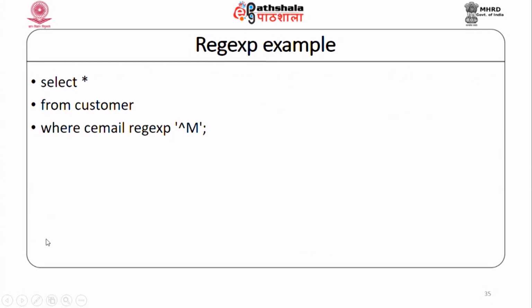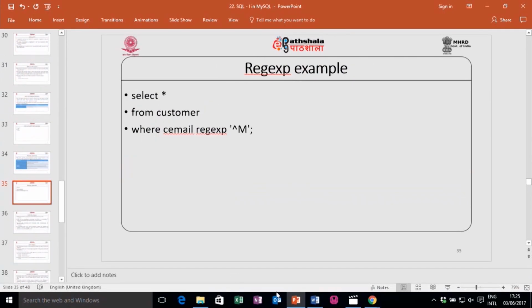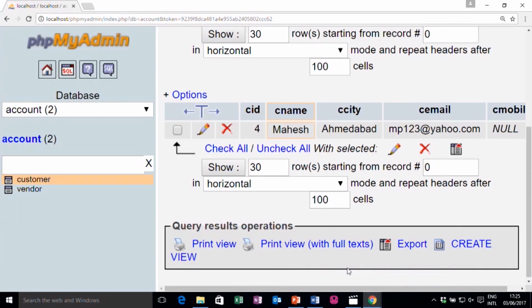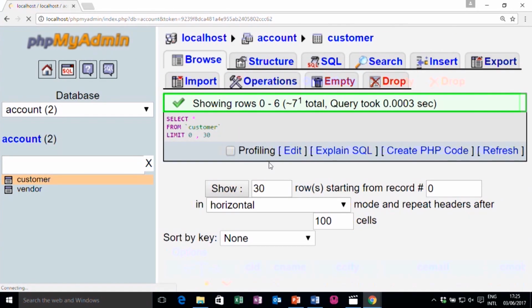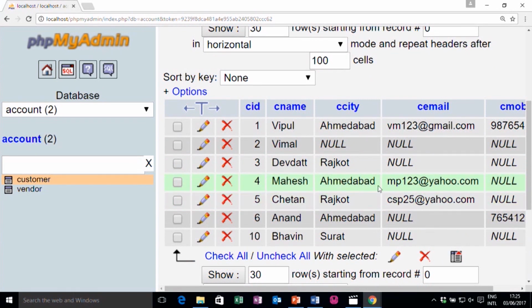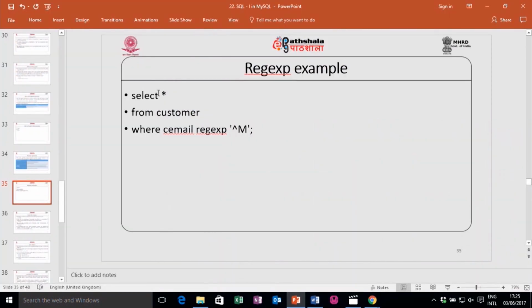For example, if I write select star from customer where email regexp start with M, it will display the record. Is there any user in my database whose email ID starts with M? Yes, this one. So, if I copy and paste it, it will display that record.